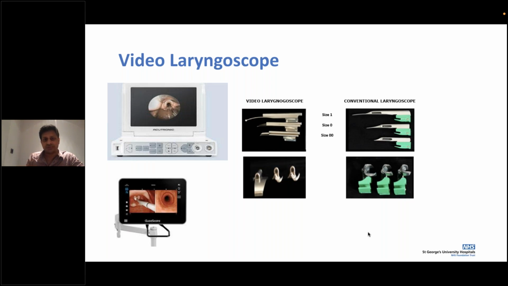So it's much easier for you to visualize. And once you've had a good vision, then either passing a LISA catheter or an endotracheal tube becomes easy. It's a technique of advancing. Once you have seen the vocal cord, you pass your endotracheal tube closer to the vocal cord, and sometimes you may need to maneuver ever so slightly in such a way that the tip then enters the vocal cords, and then advance further. So it's a technique that you have to teach yourself, whether it's conventional or video laryngoscope.